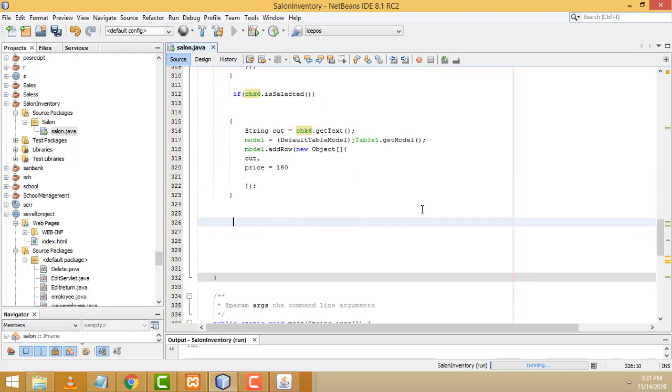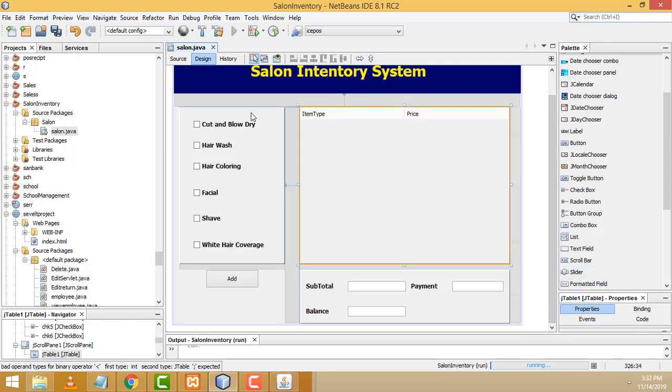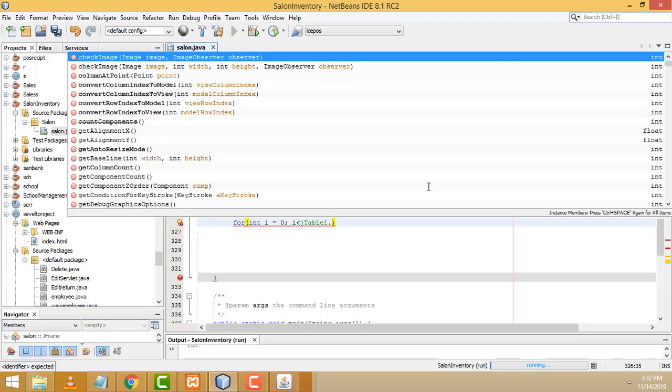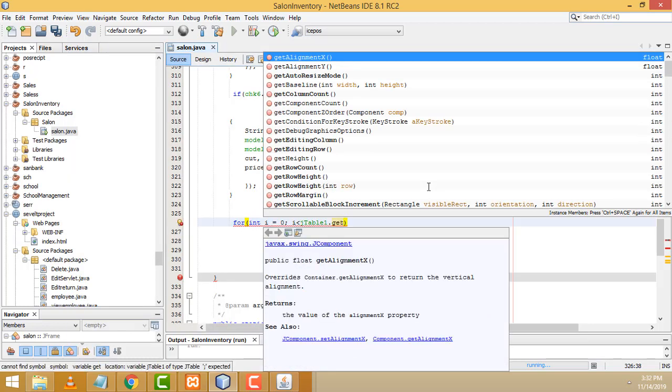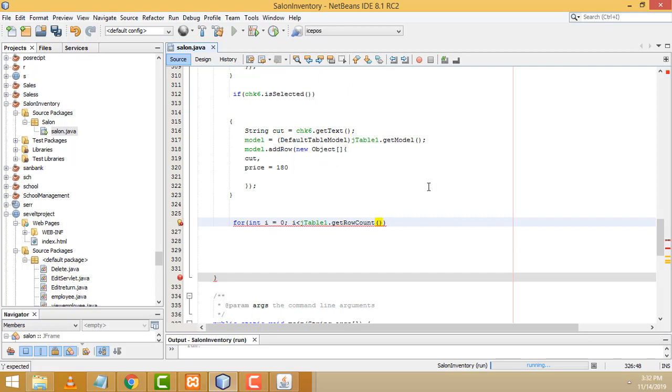So you have to write for int i equal 0. After that you have to write another thing: i less than jTable1. This is the name of the jTable1, you can check here. After that I am going to call dot getRowCount, get row count. Here we have to write